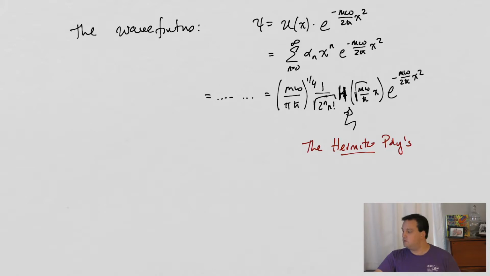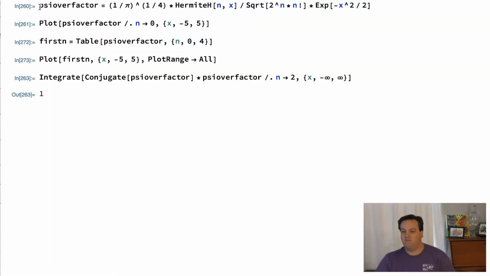Okay, so we'll start here. On the top line here, I've given psi over a factor. I'm basically going to take m omega and h bar and set it equal to 1. So all of my x's are going to be rescaled by the square root of that, and my wave function is going to be rescaled by that to the 1/4. And so I still want to keep around that 1 over pi to the 1/4,